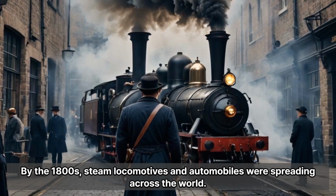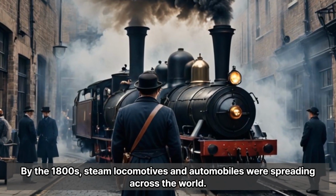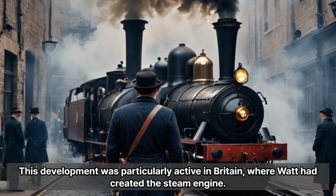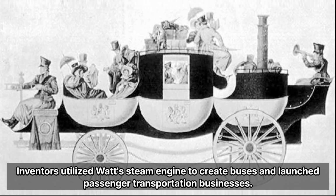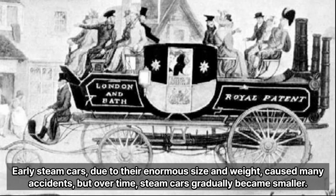By the 1800s, steam locomotives and automobiles were spreading across the world. This development was particularly active in Britain, where Watt had created the steam engine. Inventors utilized Watt's steam engine to create buses and launched passenger transportation businesses. Naturally, as buses needed to carry more passengers, the chassis and boiler had to be enlarged. Early steam cars,